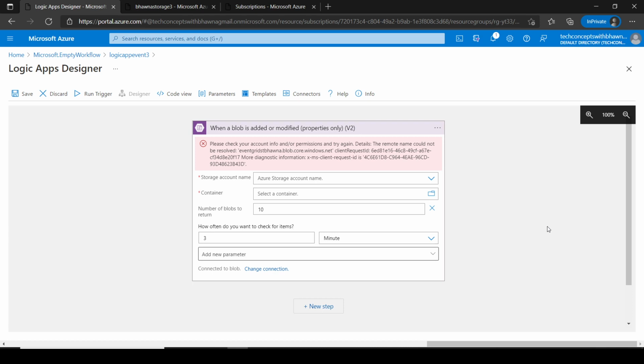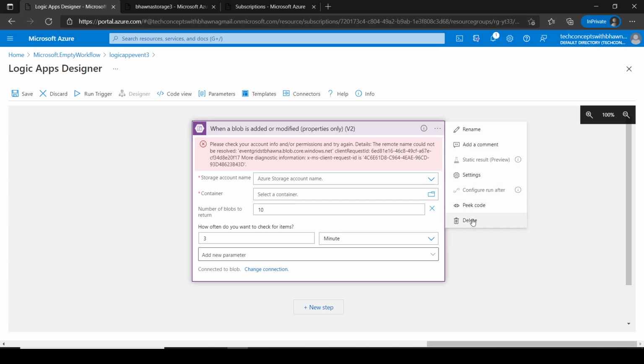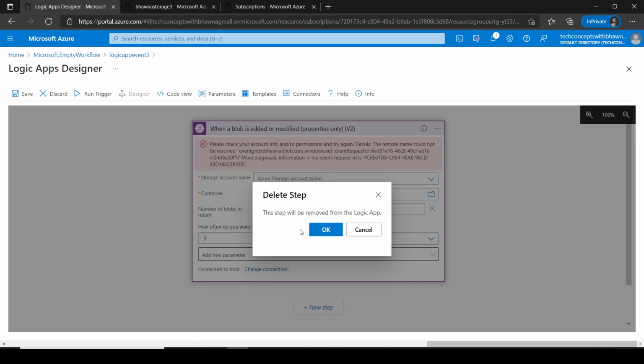That's what it says, but essentially there are two things which come as negatives here. The very first is that there will be a time lag, so you will not be able to use this for any IoT applications or anything real time, because you will definitely have lag. And the second thing is that you are going to pay each time your Logic App hits the blob after every 3 minutes. You are going to pay for each check, and of course you don't want to do that. Because of that, it is not a good idea to use this option.